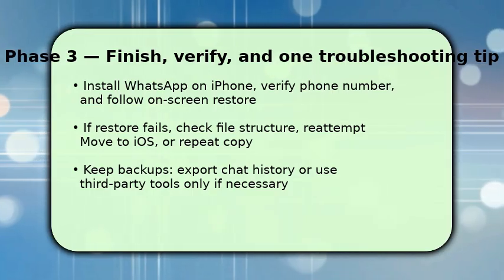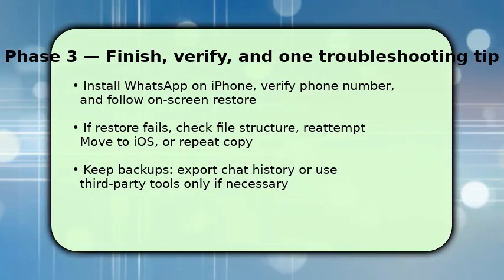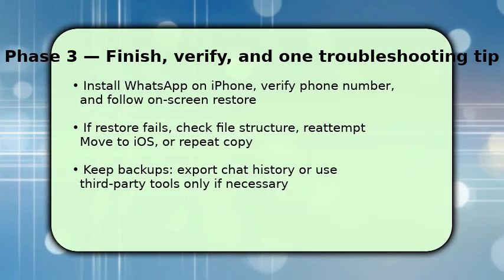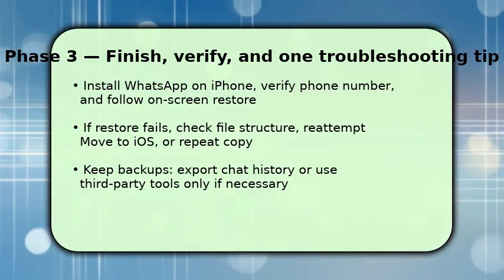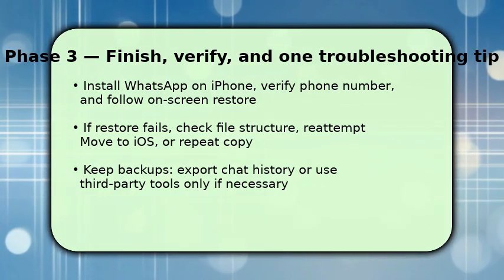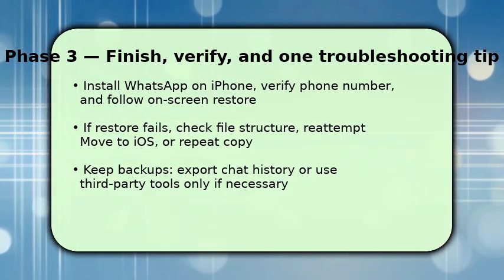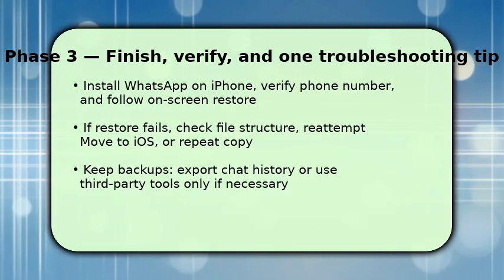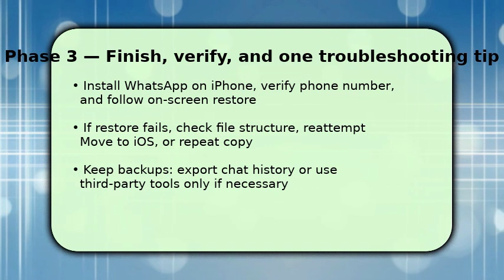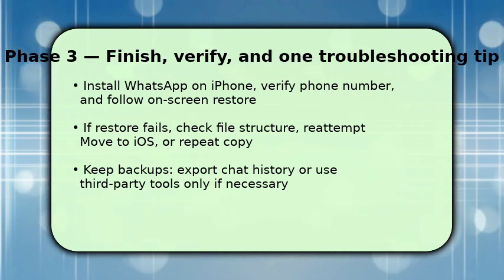If things go wrong, make sure the folder names match WhatsApp expectations and retry Move to iOS. Otherwise, recopy the files from Android. One key troubleshooting tip: if restores fail consistently, recheck permissions and recreate the local backup on Android before repeating the